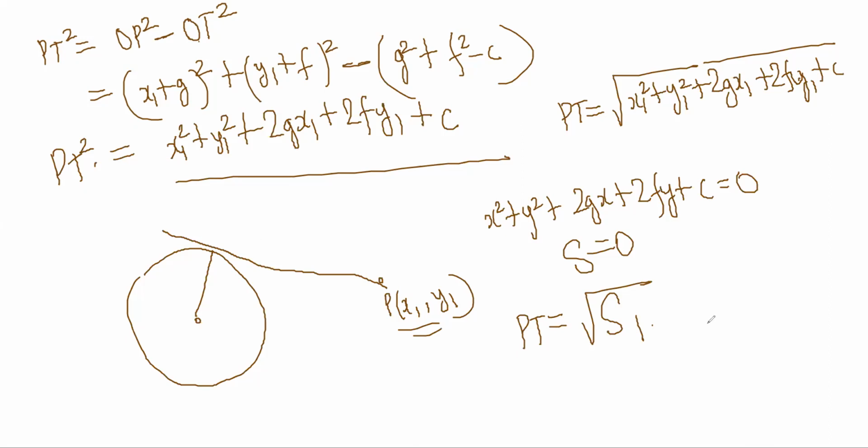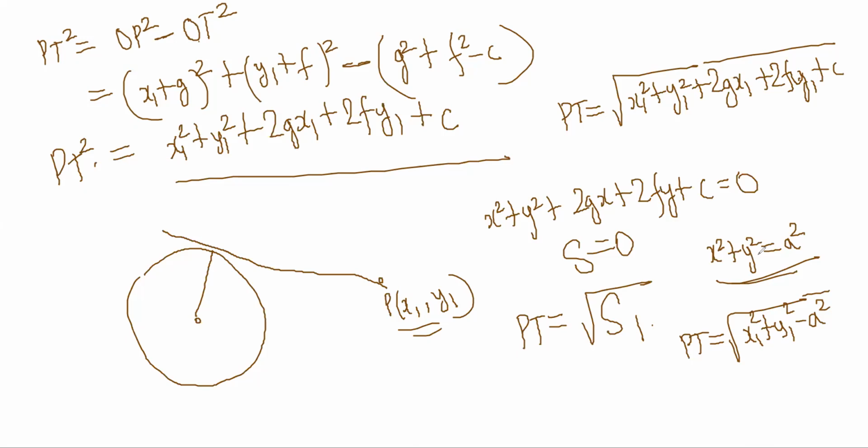And it is the same thing for the normal simple circle also, because you notice that PT is just putting root over x1 square plus y1 square minus a square. This equation is the circle equation. X square plus y square minus a square is circle. You're just putting that point in the circle, right?